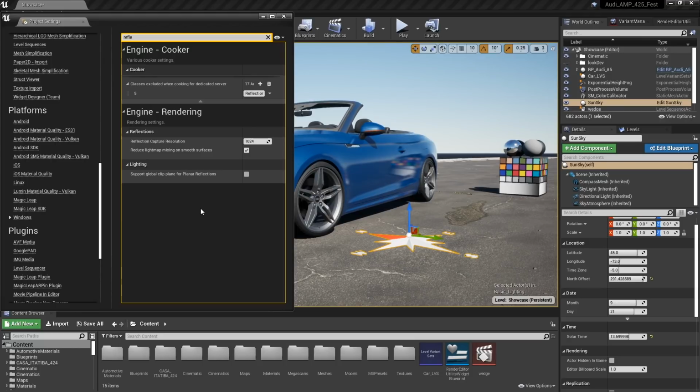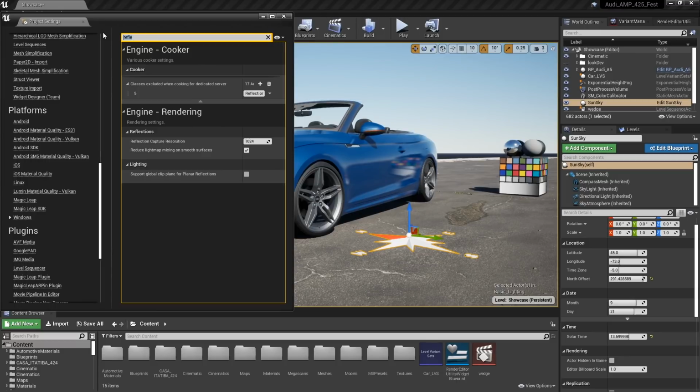And you might be saying, well, we're talking about ray tracing. Why do we care about reflection capture resolution? And it's actually really important because Unreal uses a hybrid ray tracing approach. What this means is you may, for performance, ask Unreal at a certain point to not trace a ray and to fall back to those reflection captures. So you're going to want to use best practices when setting up those reflection captures, and part of that is increasing the resolution to get good visual fidelity. And we'll be talking about reflection captures a bit more later in the presentation.